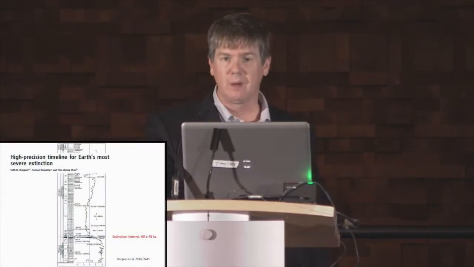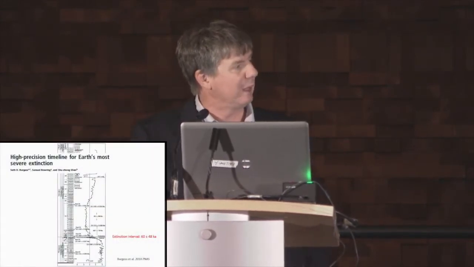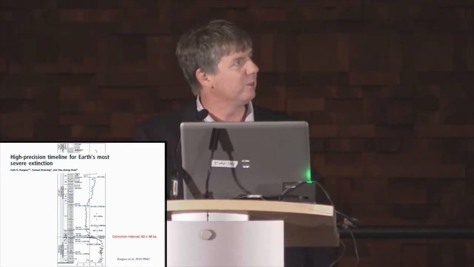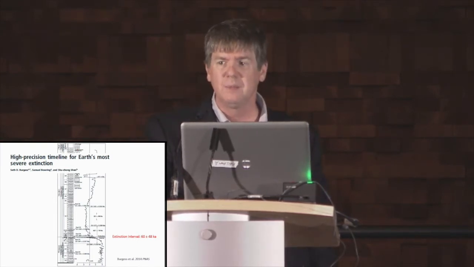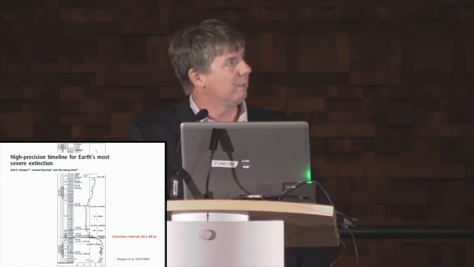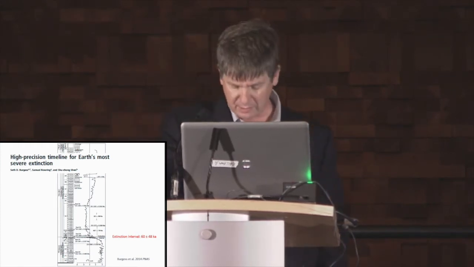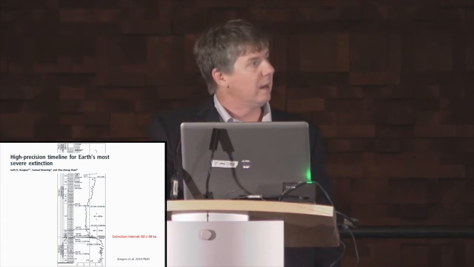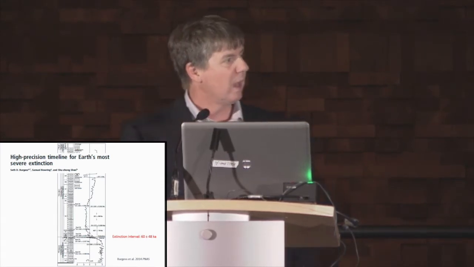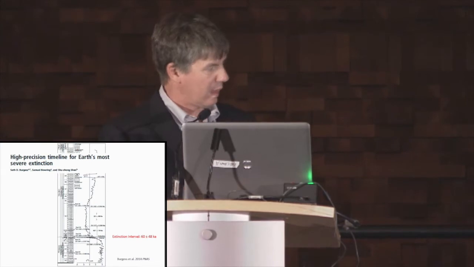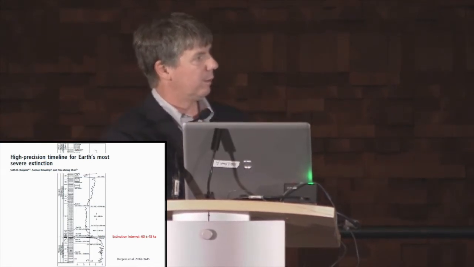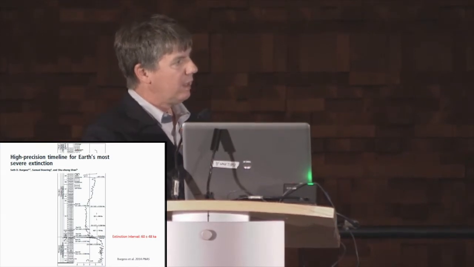The first paper that I want to mention came out in PNAS, I think in January or February of this year, by Burgess and Sam Bowring and Shuzhong Shen from the Nanjing Institute and MIT, in which they continued the studies of the duration of the Permo-Triassic mass extinction as recorded at the Meishan locality in South China. And I call your attention to the extinction interval shown here in red or in gray,